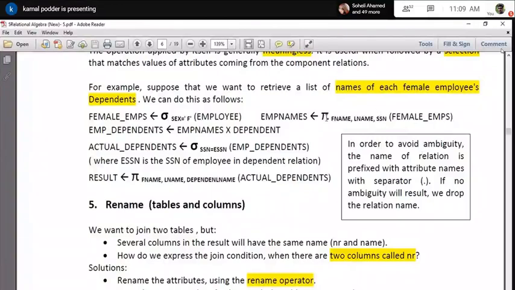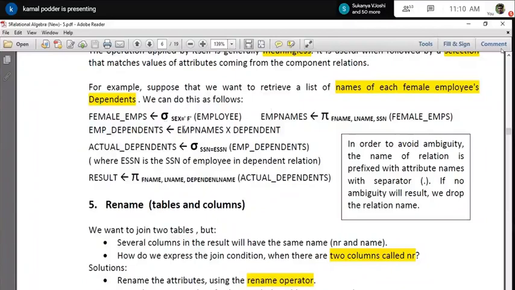So what I have done is project only these three pieces of information, because ultimately I need this: first name, last name, and SSN, the social security number of that particular employee. So I got that, and I created the name for employee names. From this temporary relation, I create another temporary relation. Mind it, this operator is basically the assignment operator. Sometimes we call it equal, but you cannot use equal because this is not two variables like this. You can see I have assigned this result to the relation. So this is the assignment operator.